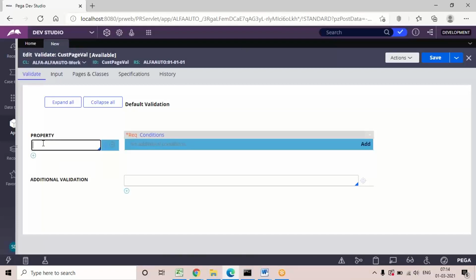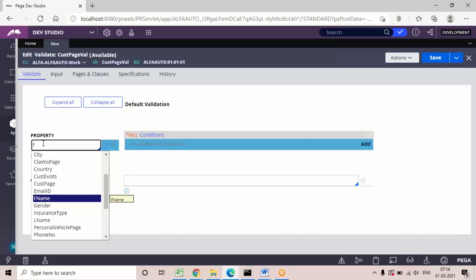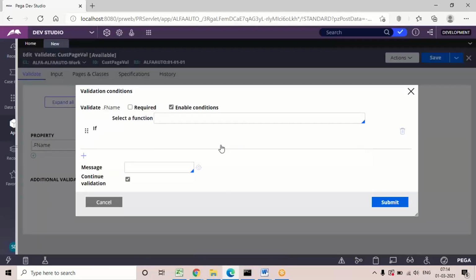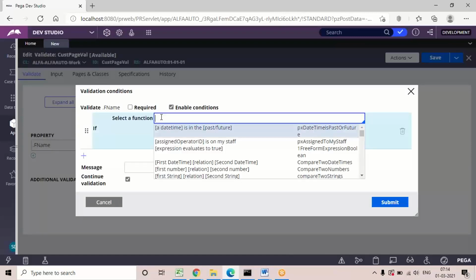And here, in a constraint we choose the property at the end, but in this template we initially choose the property for which we are going to display the error. So initially we need to choose the property name. See, for first name I'm going to add this message. Coming to the function, how to choose the function: click on add. You'll get a dialog box to choose the function. We get the same functions as in constraints, but here the default function is not selected automatically, so we have to choose the function manually.